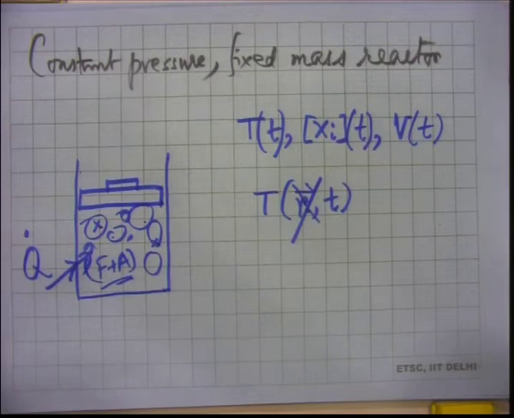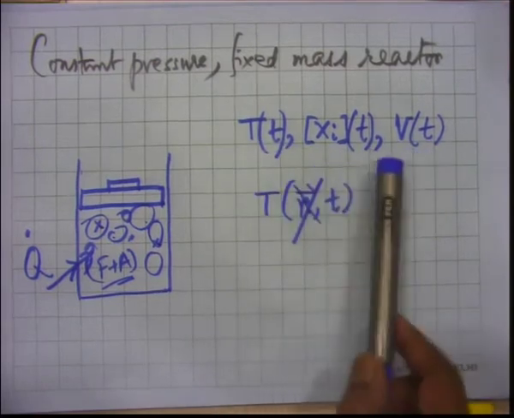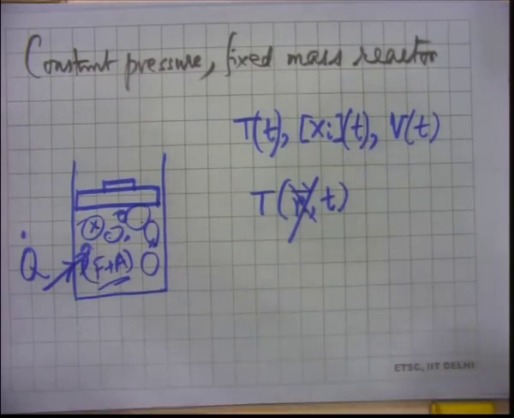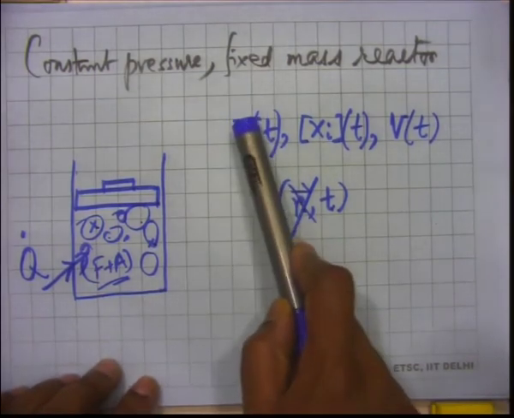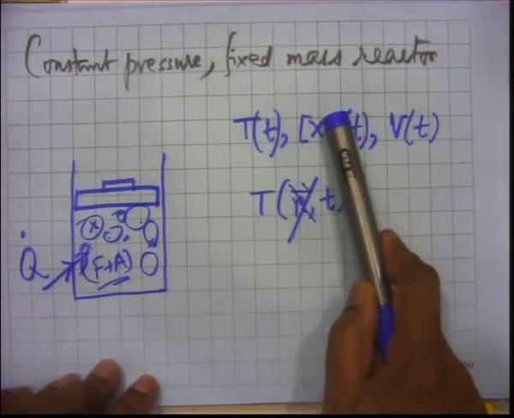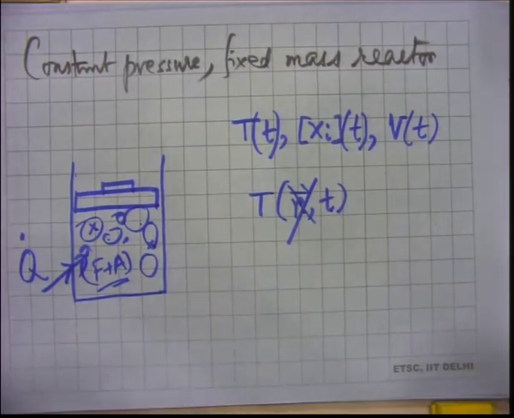The reaction rate, for example, is changing, but we don't need to write that explicitly in our list of things, because the reaction rate after all is dependent on temperature and the concentrations. So if you know temperature variation with time, if you know the concentration variation with time, then you can construct and get the reaction rate as a function of time.